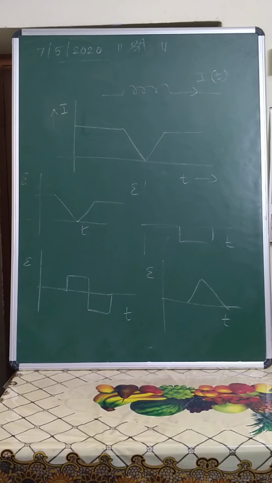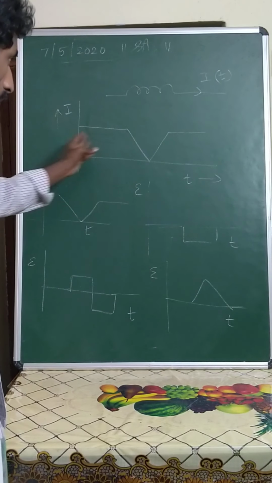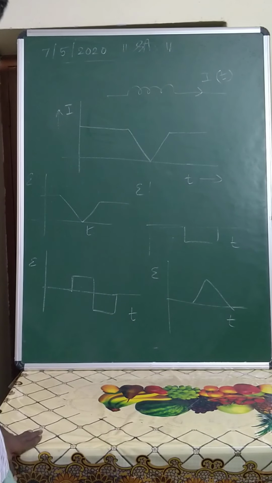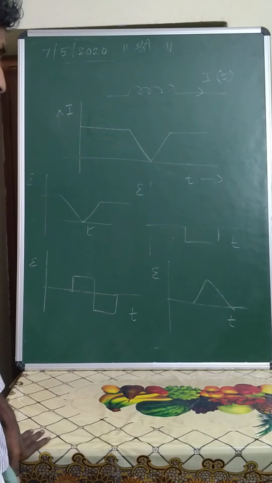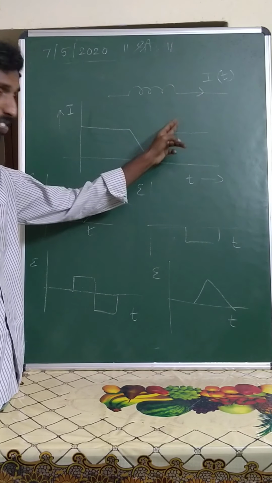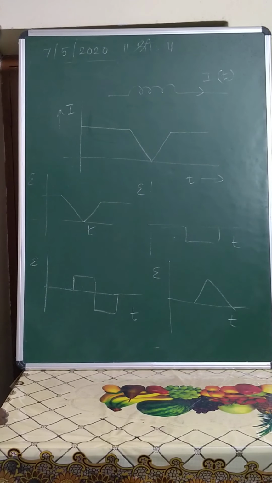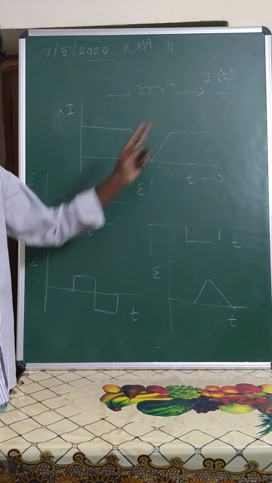In this problem they have given that a current is flowing in an inductor and the current is varying with respect to time, as given in the graph. This is an induction coil, and through the coil the current is varying. Initially it is constant, then it decreases, then increases linearly and becomes constant. This is like a DC current, not an AC current. Suddenly it decreases and increases.